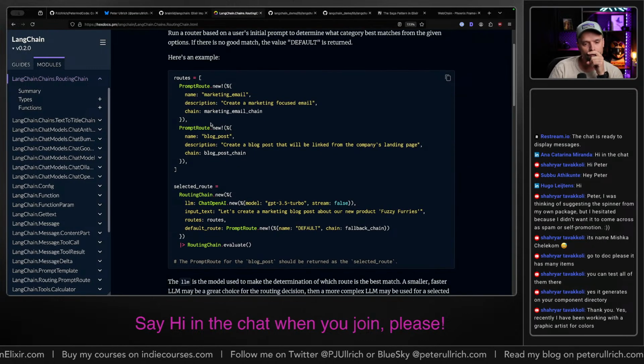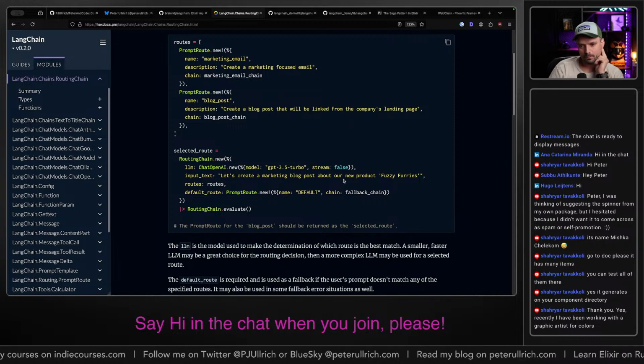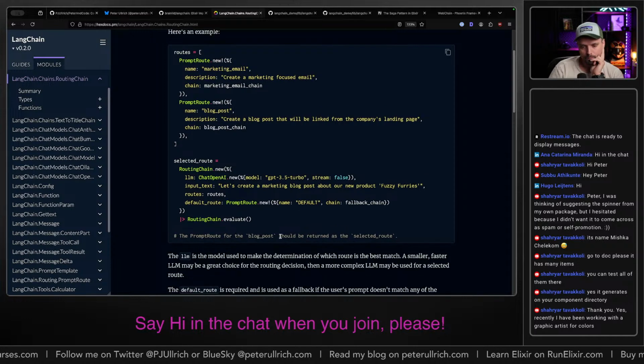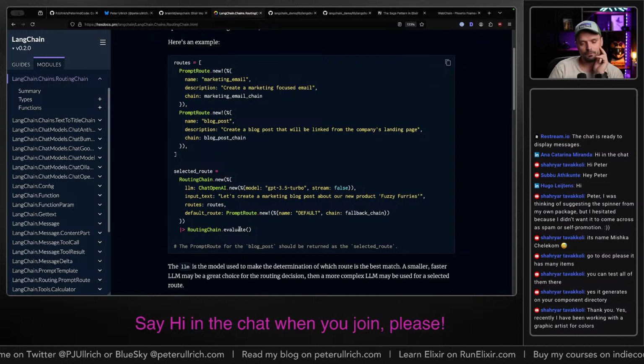So we have two routes, and then the default route is our fallback selected route. Let's create a marketing blog post about our new prompt, Fuzzy Furries. The prompt route for the blog post. Wait, how does it work? It evaluates. So basically it asks, hey, which of these two routes did the user choose?